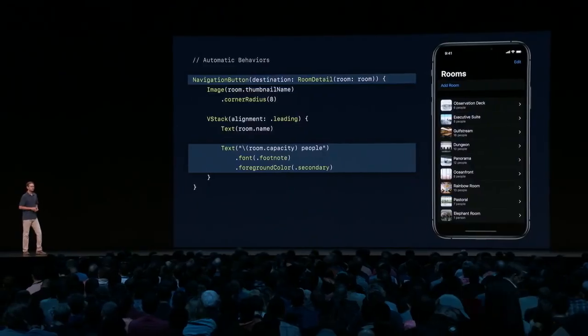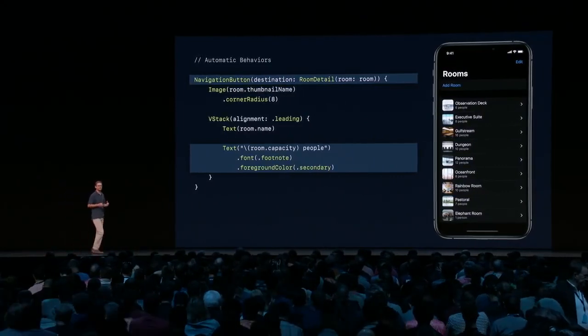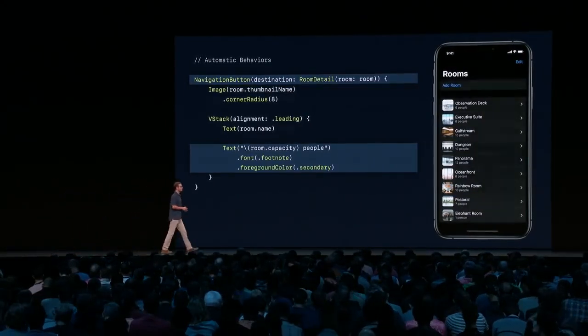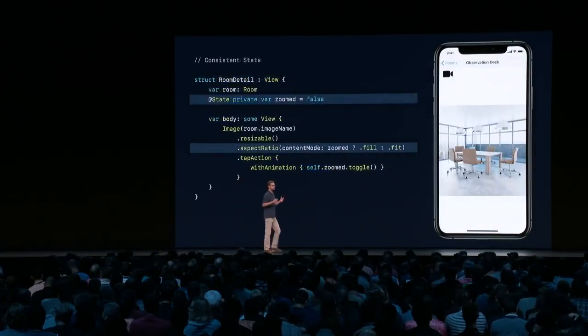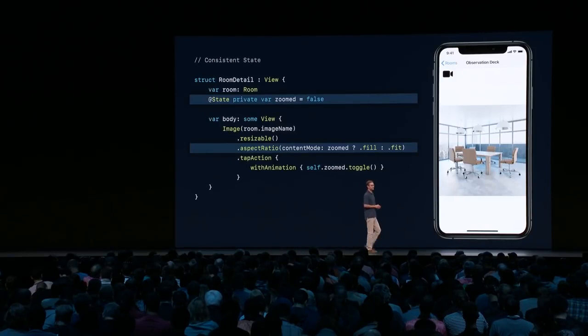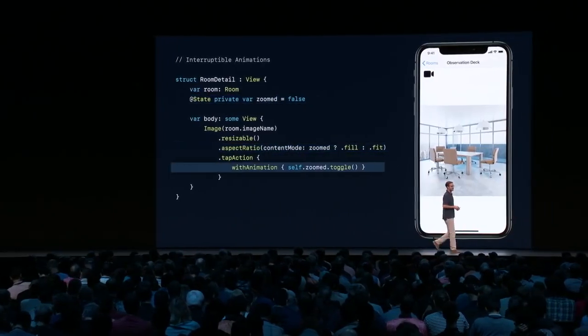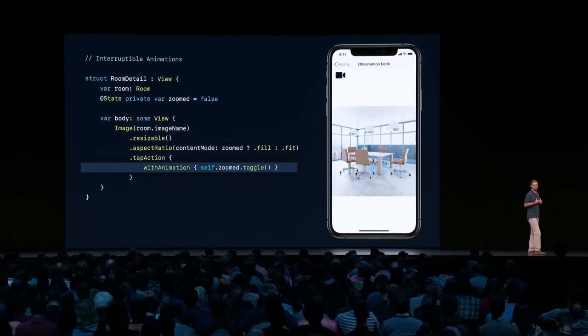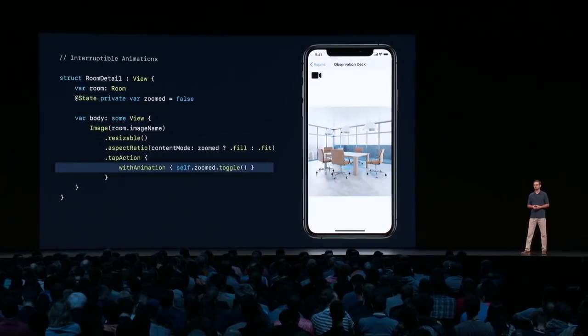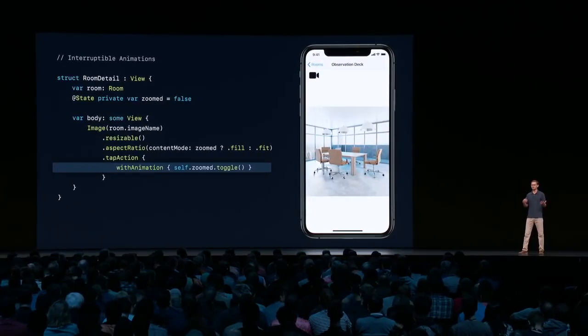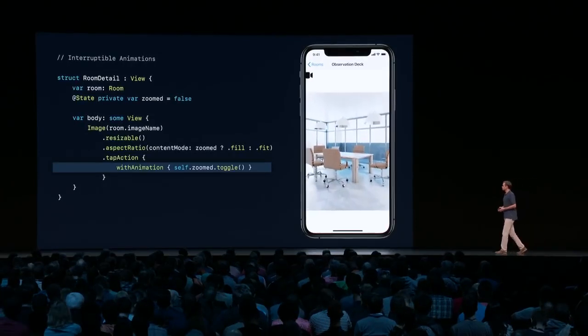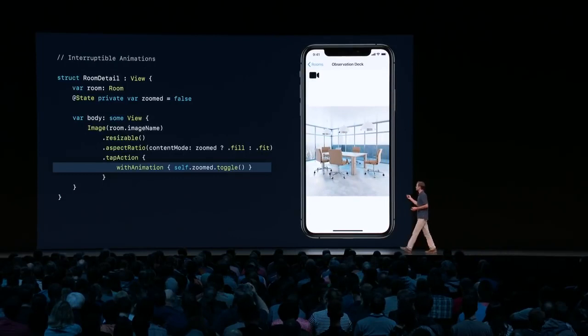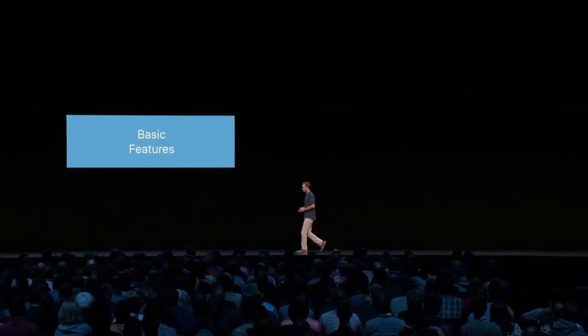We saw all the automatic behaviors you get by saying less and letting the framework take care of more. We talked about how SwiftUI keeps your views in a consistent state so you never end up with a view missing or in the wrong place. And of course, we played with SwiftUI's awesome interruptible animations, which is one of my favorites. I always felt like before I had to trade between having flashy animations and crushing complexity that could come with it, but no longer. The goal with SwiftUI, oh, wait, we didn't look at it again. It's so cool, right? All right, the goal with SwiftUI is for us to take care of these basic features